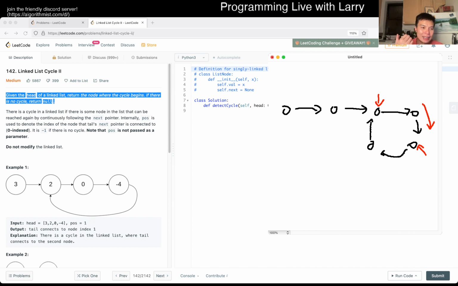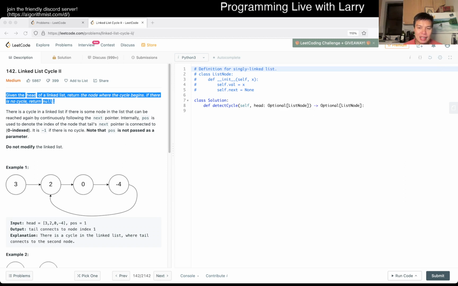So that's basically the idea behind that, and that, to be honest, is one of those trivia things. I don't know if you could come up with it if you haven't heard of it before, but I just feel like it's one of those things that people just know about, and when people know about it, it's so common. I don't even know if it's an interview question anymore because it's too common to be an interview question, but that's the idea, right? And then now, okay, let's say there is a cycle, right?